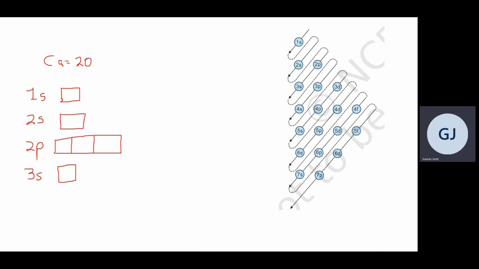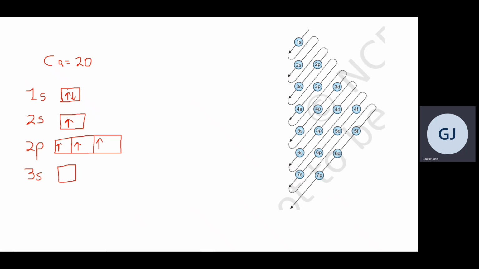So now I have to fill the electrons, right? This is the first principal number and the first subcell, so I will be filling 2 electrons here. Now we have 2s and 2p, so two principal numbers with two subcells, right? First I'll fill one electron singly in each box. So it will be 1, again 1, again 1 and again 1. So we have half-filled these orbitals, right?